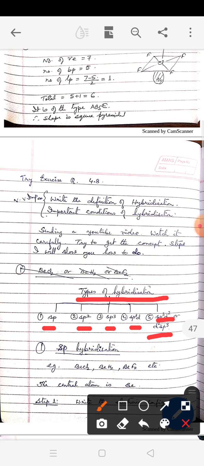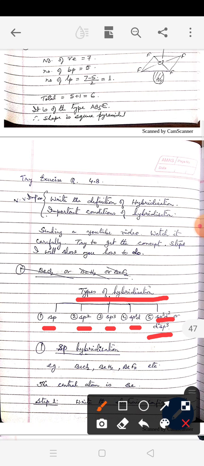And you have seen when you read the electronic configuration of potassium, after filling of 3p orbitals, electrons don't go to 3d. It goes to 4s because 4s has slightly lesser energy than 3d. However, 4s and 3d energies are comparable. So it is possible that 3d orbital can mix with 4s and 4p. When the d orbital belongs to the second last shell and s and p belong to the last shell, then such hybridizations are called d2sp3.